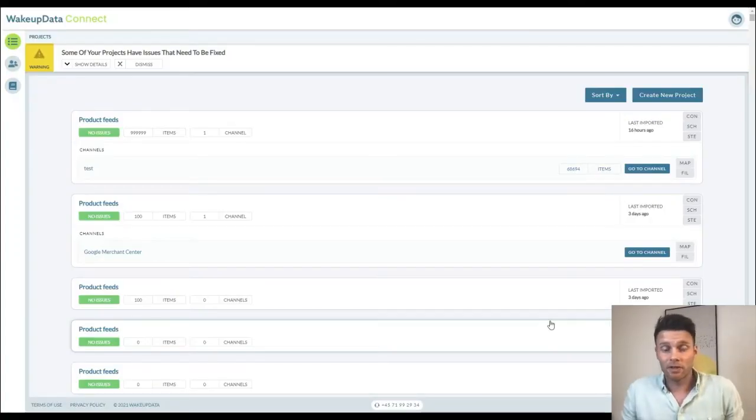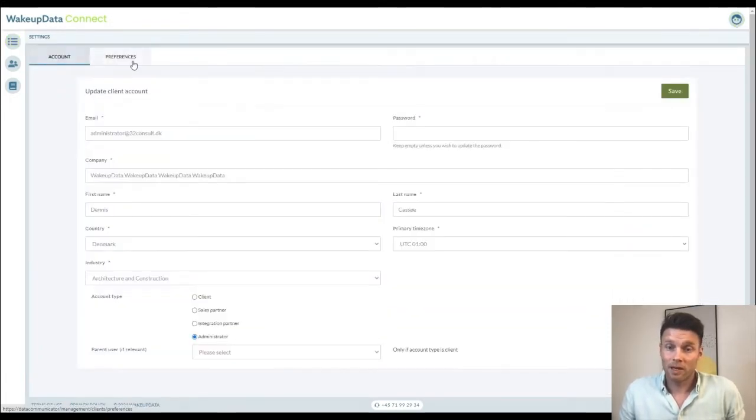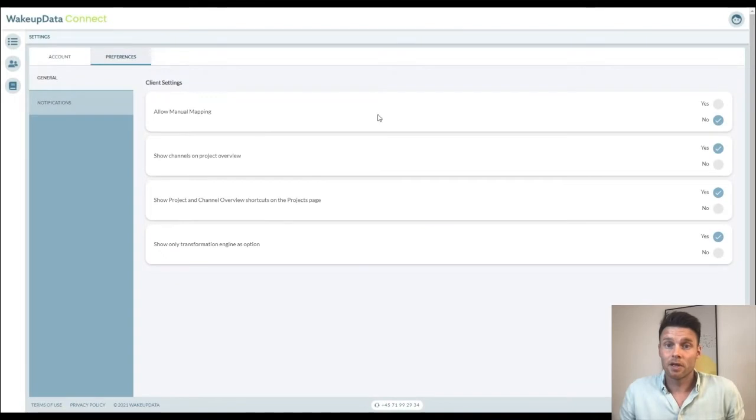And this, everything is controlled from the settings tab that you'll find up in the right corner. And when you toggle that one, you'll go in and actually see that you can choose between account and preferences. And on the preferences, you'll be met with either notifications or general. In general, you can choose between which